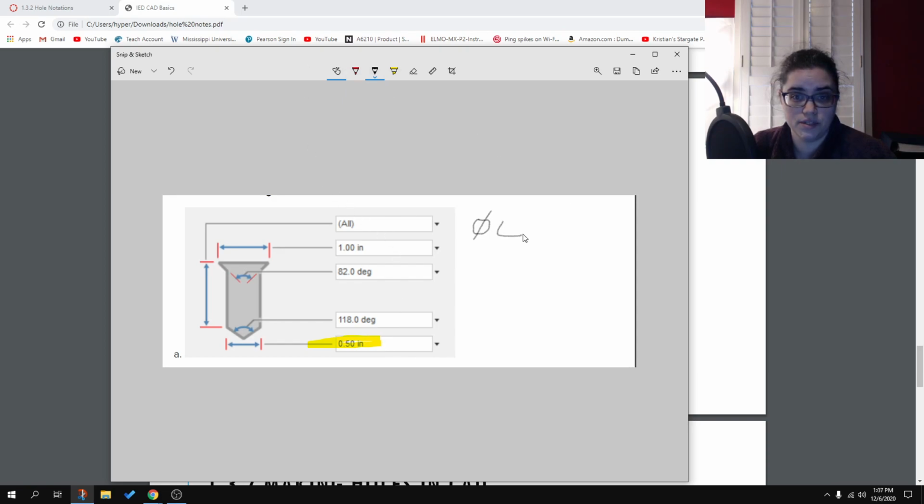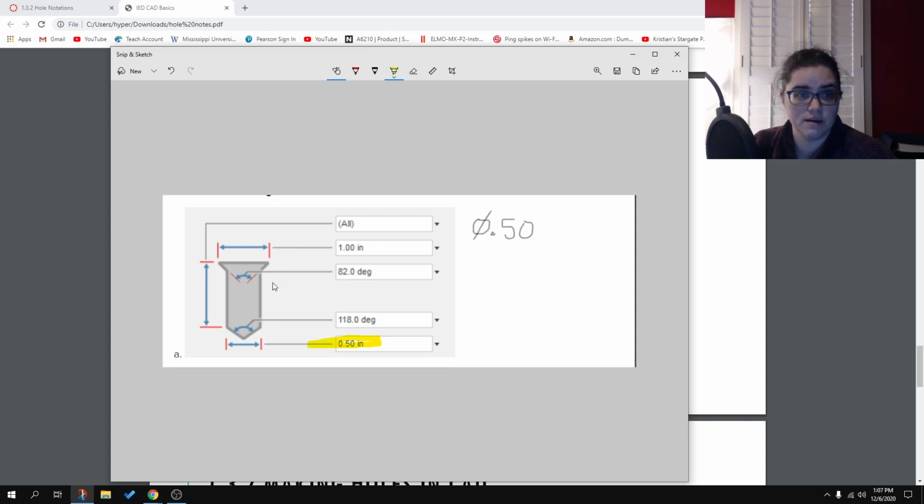So I'm going to just put, you can put 0 in front of it. Man, this is hard to write with. 0.50. Yeah, it's hard to write with a mouse. There we go. I don't know if I'm going to be able to write with this mouse. I'm going to have to get the Elmo working after all. 0.50. I didn't put the 0 in front of it, and that's okay. Sometimes you don't see that. It's all right. 0.50. All right, so now I need the depth, and normally I do the depth symbol next,